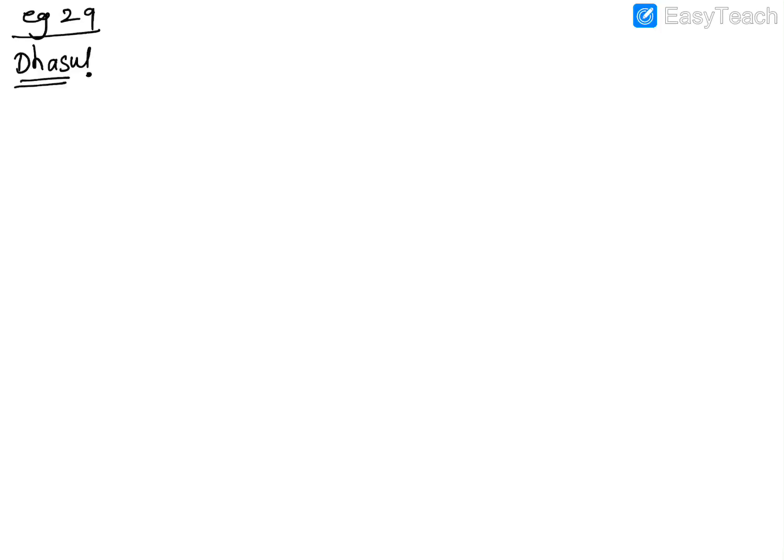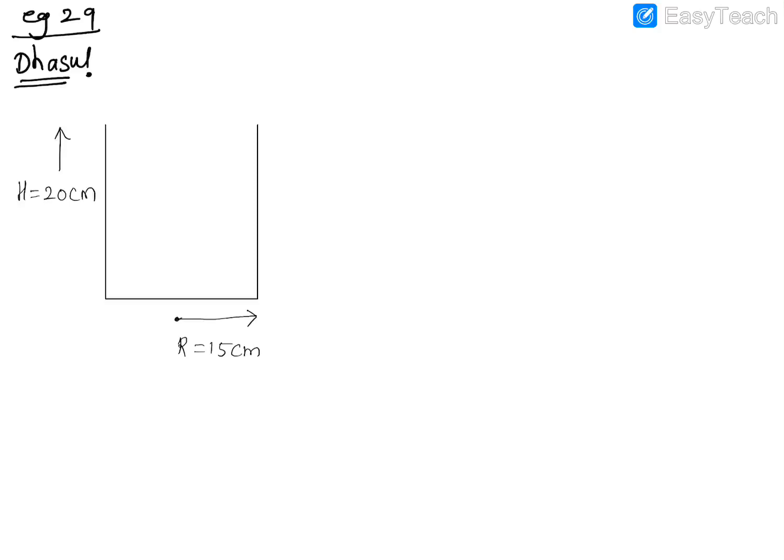Now, okay, let's start. So they say there is a cylindrical beaker. So here we've got a cylindrical beaker whose base has a radius of 15 centimeter. So the base radius is equal to what? 15 centimeter. R is equal to 15 centimeter. It's filled with water up to a height of 20 centimeter. Height is equal to 20 centimeter.